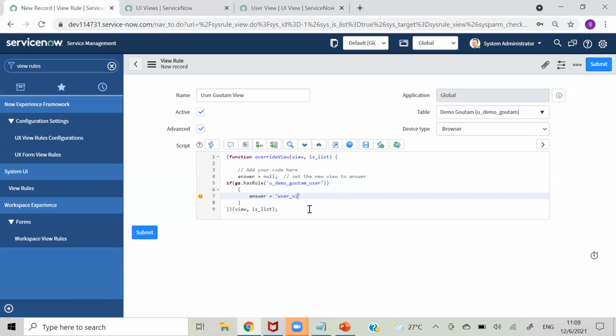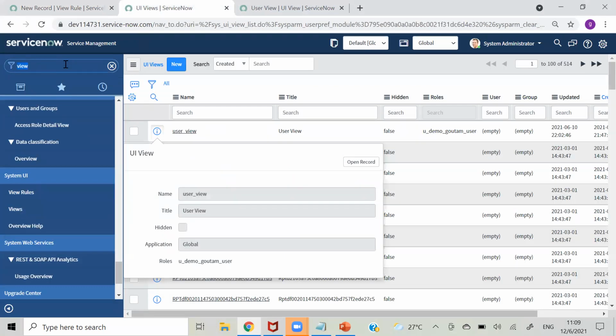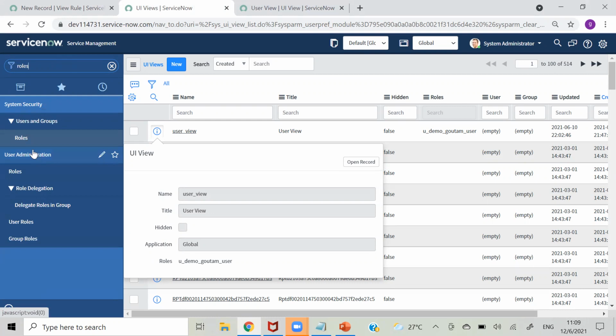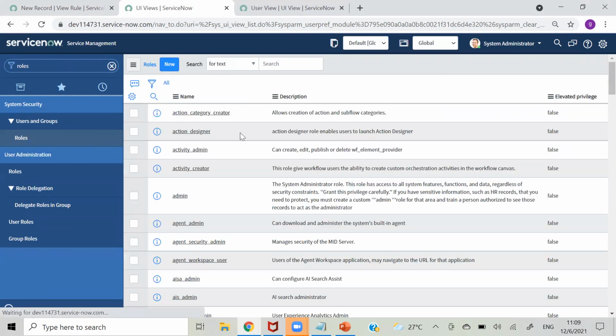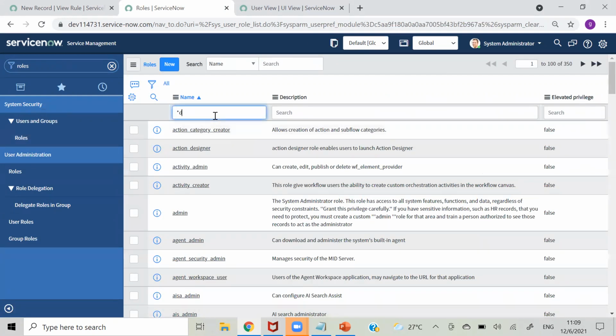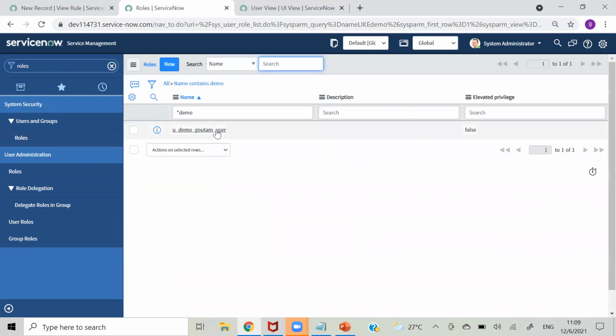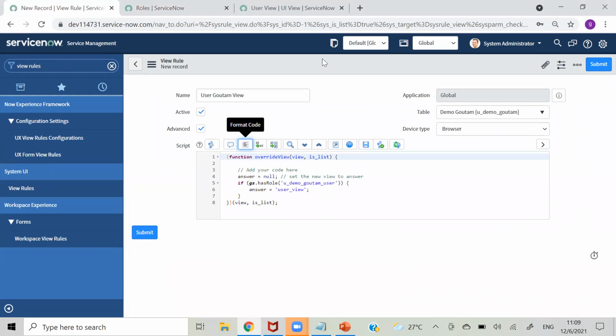User underscore view. It should work, but let me check that role again. I'm not sure about that role. Demo. Okay, u underscore Gautam underscore. Okay, it should work.